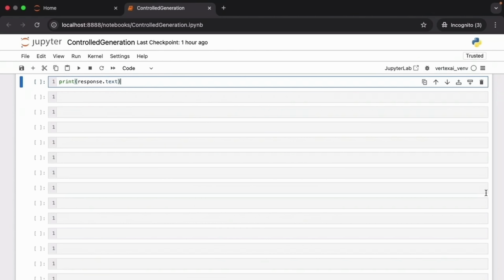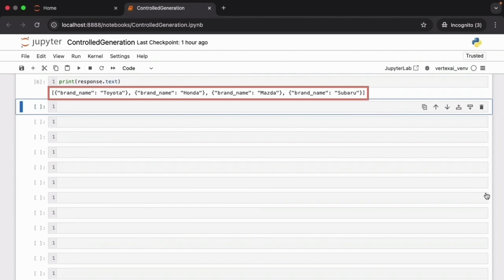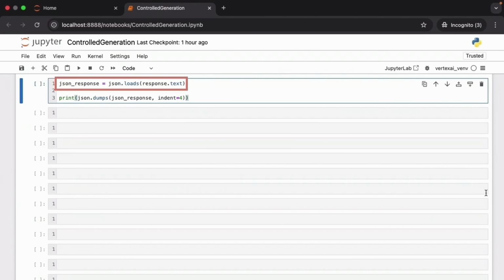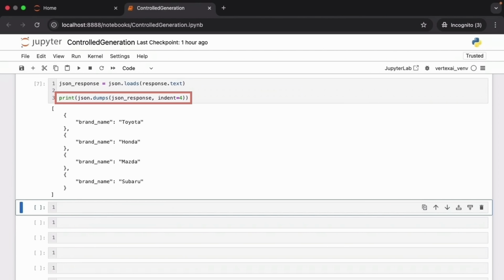That's in the JSON format, and you can see the brand name property is present in each entity in the output list. Let's display this JSON in a nice indented format. I use json.loads. This parses the JSON and converts this to a list of Python dictionary objects, and then json.dumps converts the list of Python dictionaries back into a JSON string with the indentation that we have specified. And here you can see the list of 4 entities that was returned by the model in a nice indented